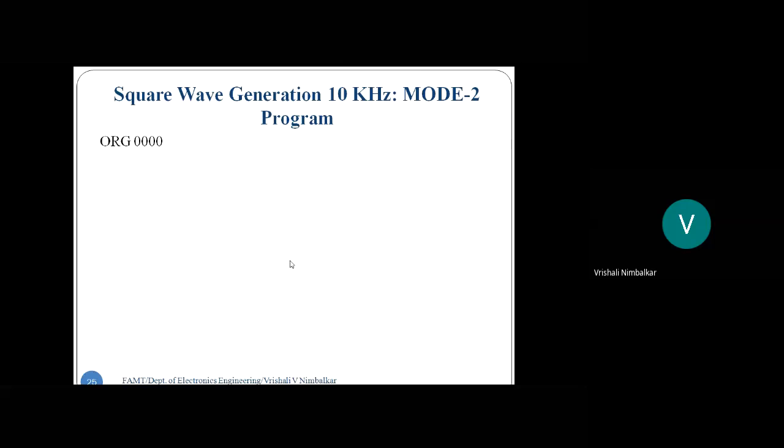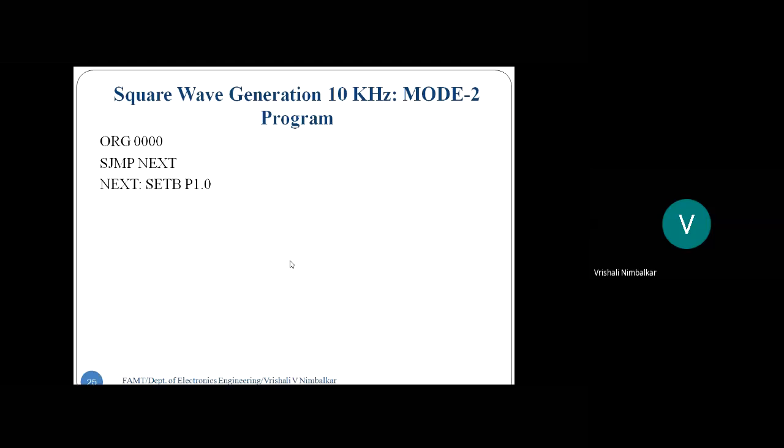But now, the way we will be writing the program, we will be using the polling technique to check the overflow. Correct? So this will become my main program. We will start with ORG 000 and then SJMP to next, and this is where we start writing a program. What is the first thing that we will do? We will write the program as we had thought of the algorithm when we did square wave in mode 1. We will do it exactly like that, and then we will do the changes. So set the bit, and now I will write that timer program.